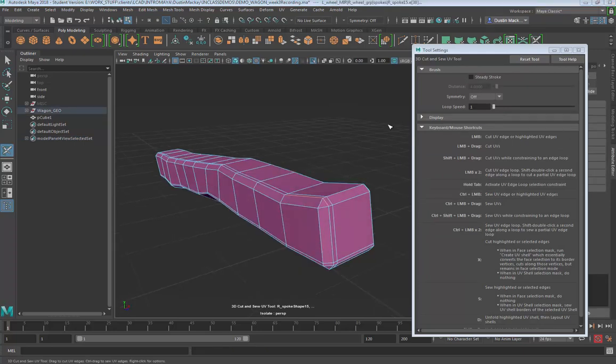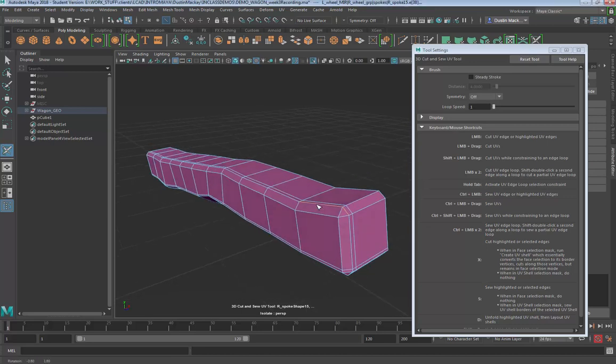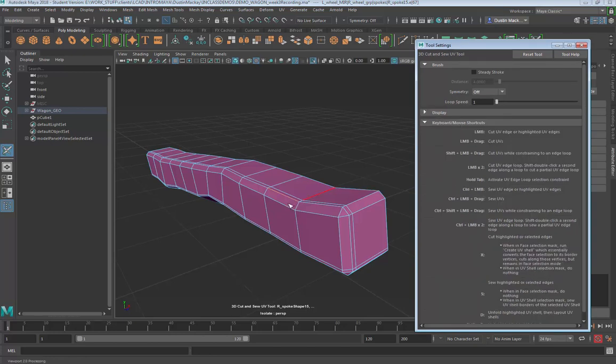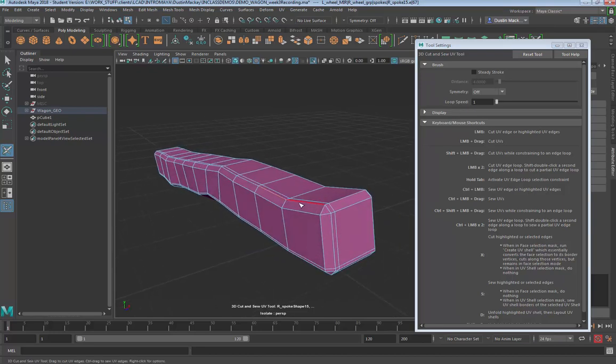So this tool can be a little finicky to use, but it's really great. I'll start by grabbing one, and you can see here's all my shortcuts for the UV tool. It's in the tool settings there. And when I select, I'm going to start to point where I want to cut this box